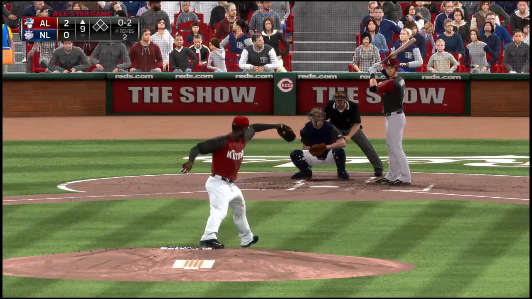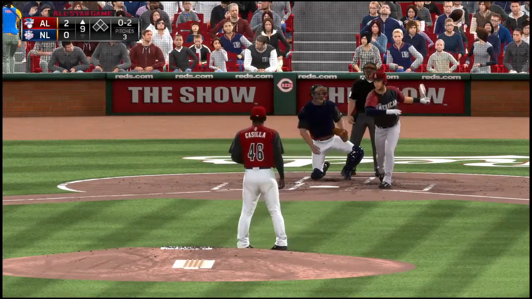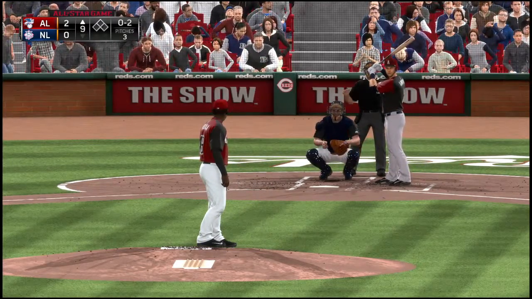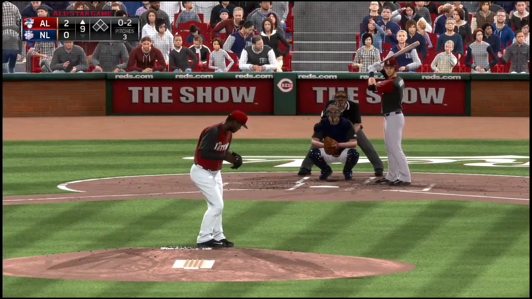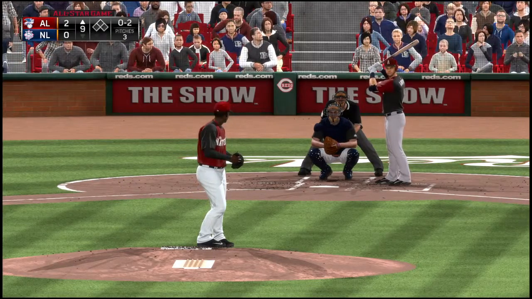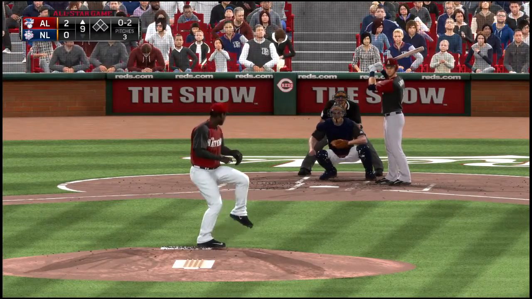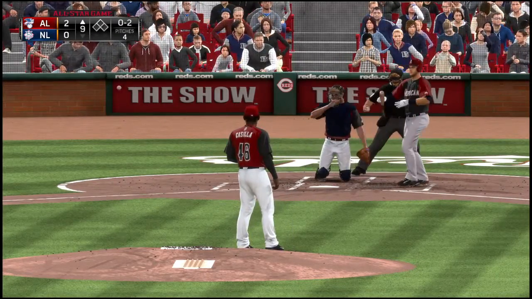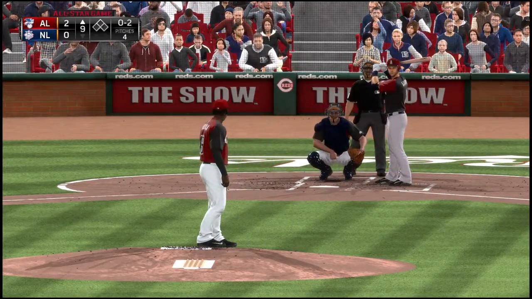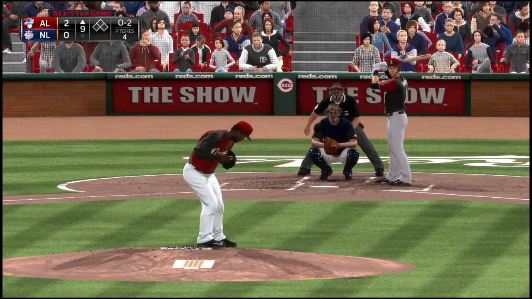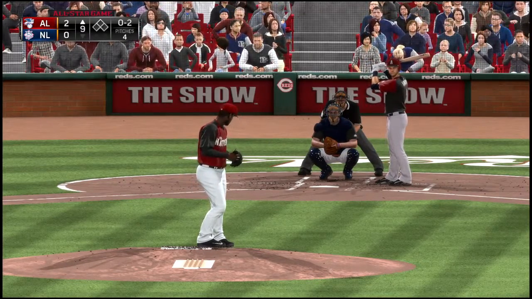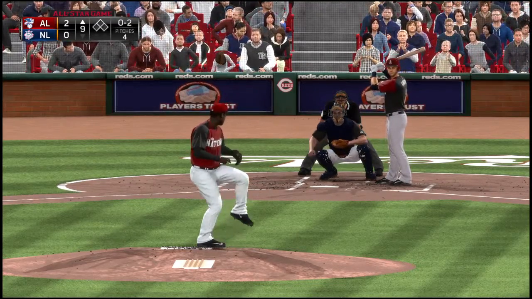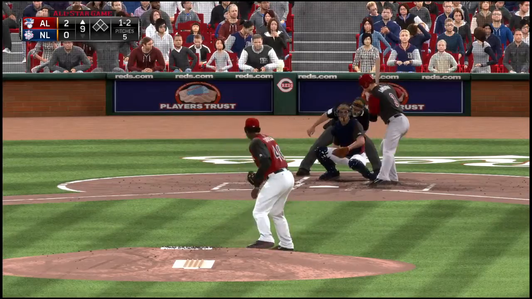Now the pitch. Over towards the dugout, but this one will get into the stands. Here comes another 0-2. And he gets a piece here as this ball is fouled away. Now another 0-2. And he missed with it.